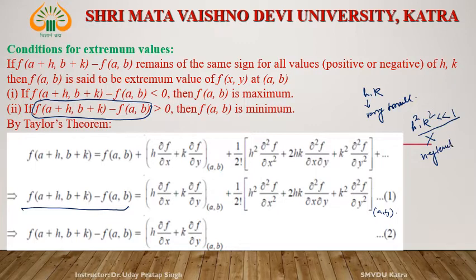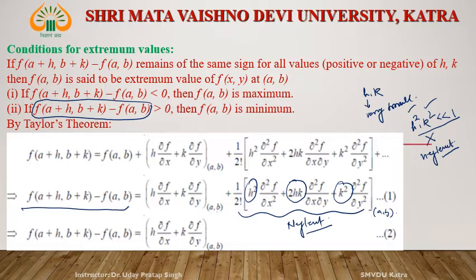Neglect all those terms of equation 1 where h² and k² appear. Then this is a second degree term, so neglect this term. Then f(a+h, b+k) minus f(a,b) is equal to